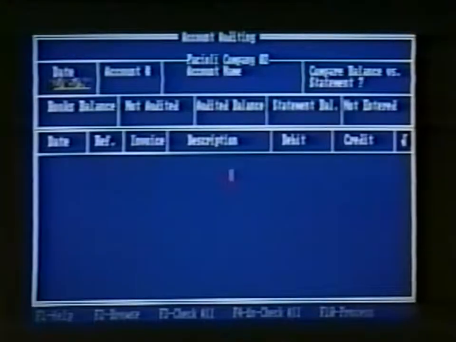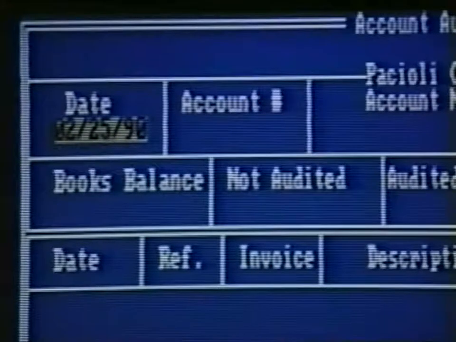However, let's take a look at one of the most frequently used modules, the auditing module. You'll want to use this module to regularly audit the accuracy of all accounts. Probably the most frequently audited account will be your checking account. You want to audit this account every time you receive a bank statement. Once you get your bank statement, go to the auditing option of the options menu. In the date field, enter the last date of the period. This is necessary because you can only audit on the last day of a period.